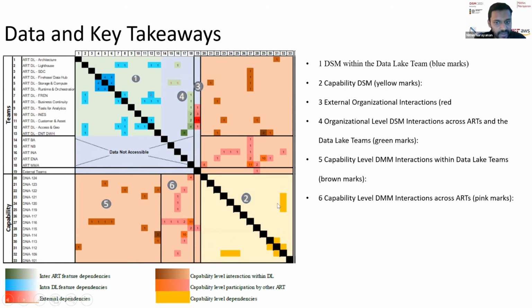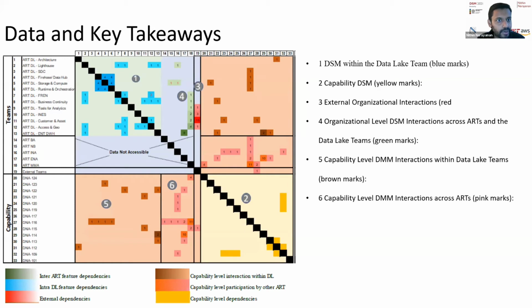And in the bottom right, you can see the capability DSM, which shows what is the level of dependency between various capabilities. And I want to remind you again that capabilities are a large piece of work, which takes multiple months to deliver. So it is important that teams understand the dependencies between capabilities at the beginning in order to deliver that. Because once they're halfway through or a long way into the delivery, making changes can take a lot of time and effectively delay the releases very much.